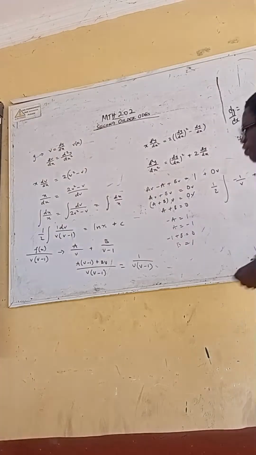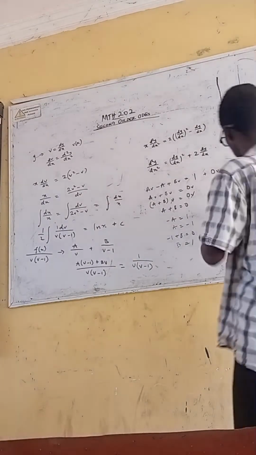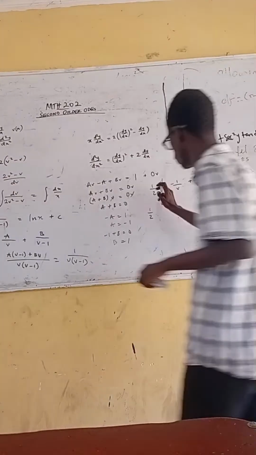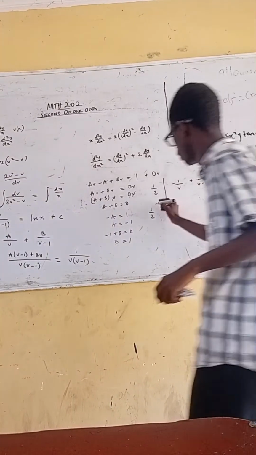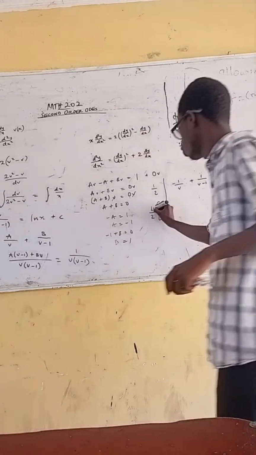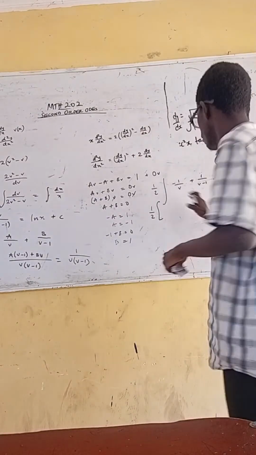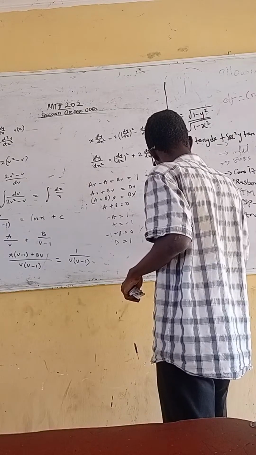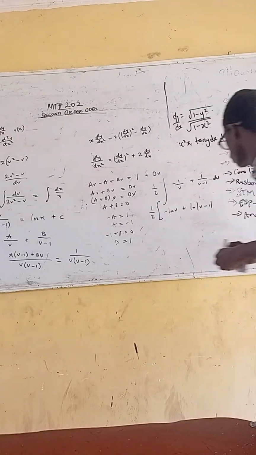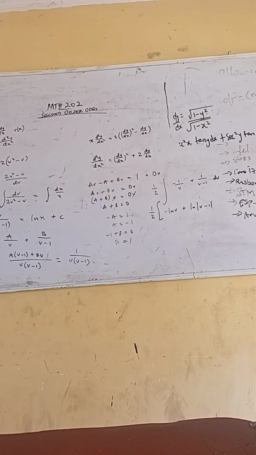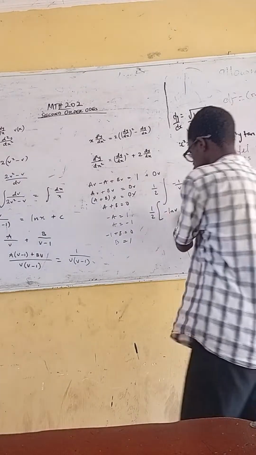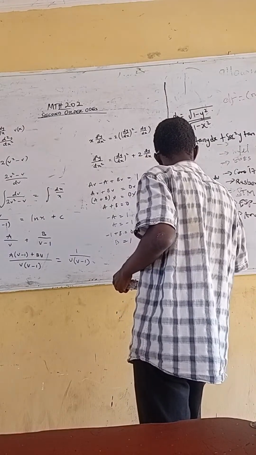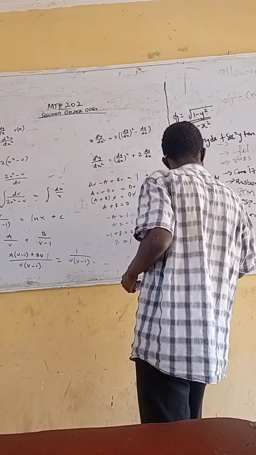Everything is in dv. Integrating this, I can't bring the 1 over 2 out, because this 1 over 2 belongs to both of them. Do we get this? Now let's integrate through. So this is minus ln v plus ln of v minus 1. So multiplying through, we have minus 1 over 2 ln v plus 1 over 2 ln of v minus 1